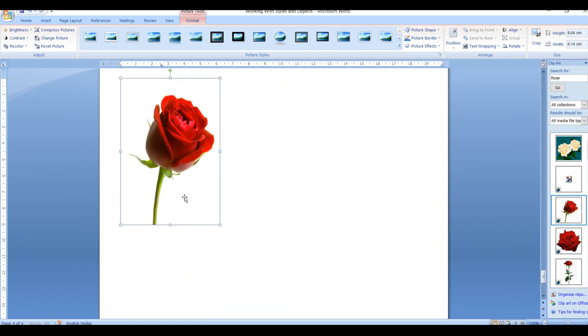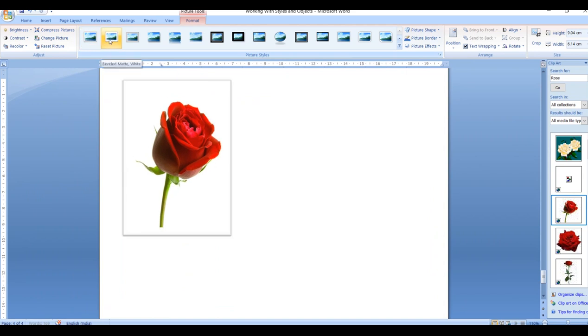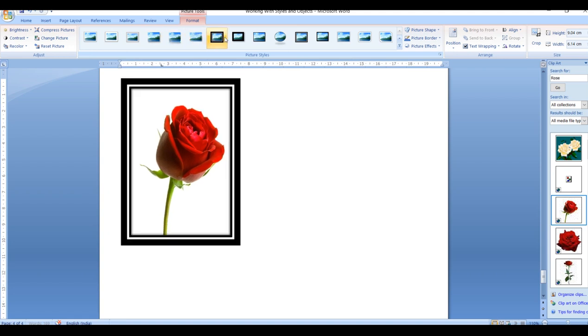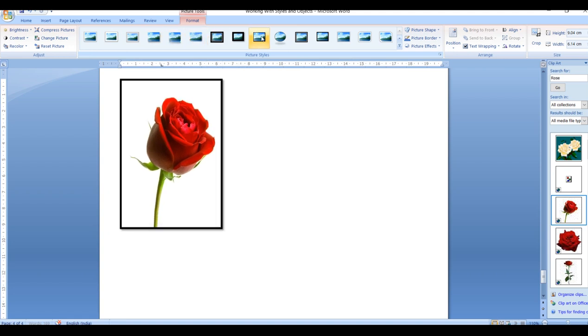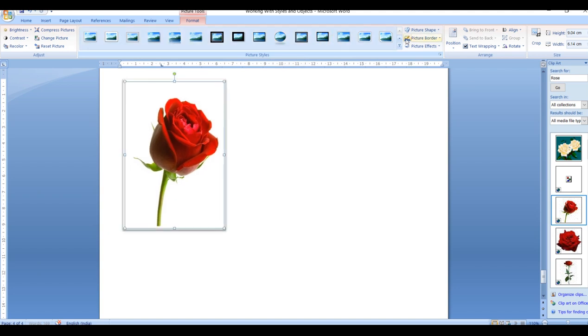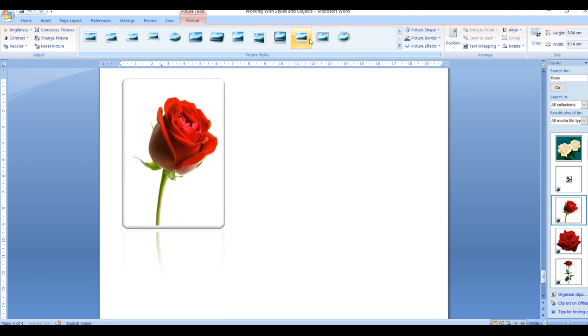Even suppose if I want to give a border to my clip art, which border I want, choose in the Format group, the way of your border. So we are having different picture borders present.